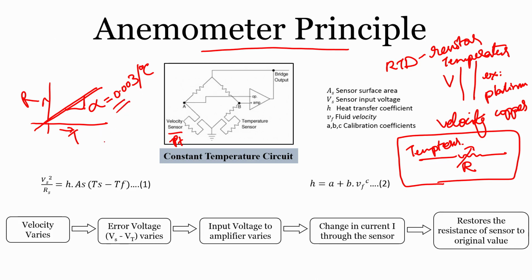So, there are different metals, and you can look up the different types of RTDs and their temperature coefficients, and what you need to prefer is the one which has a linear curve. Now, assuming one such RTD is here in a Wheatstone bridge, this is your resistor and here is the temperature compensation. We will get to the details about why you need a compensation sensor here. Now, the whole anemometer principle is based on King's law.